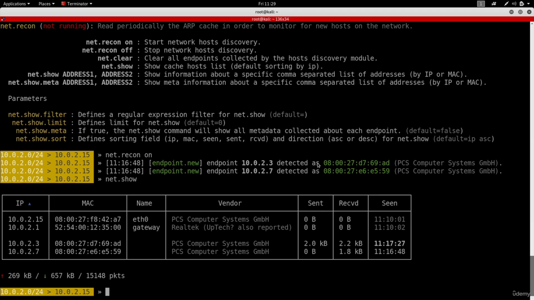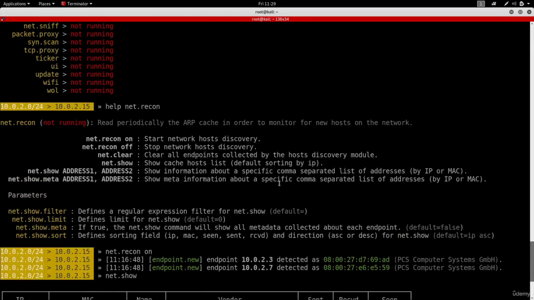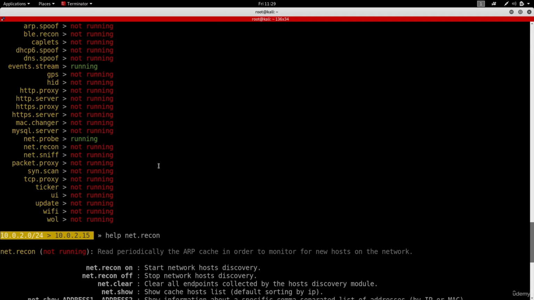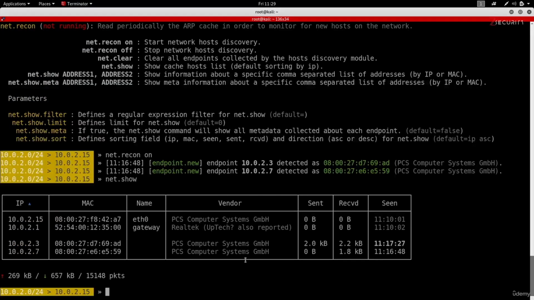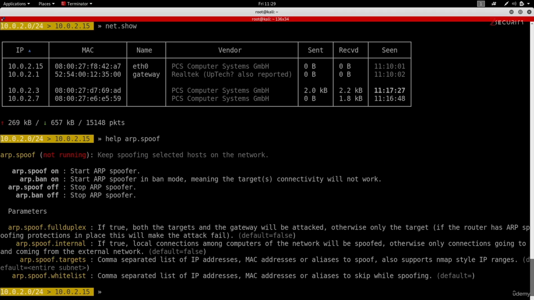So first, we need to become the man in the middle, and we're going to do this using a module called ARP Spoof. So if I scroll up to the help menu, you can see we have a module here called ARP Spoof. So as usual, if we don't know how to use this module, we're going to do help arp.spoof